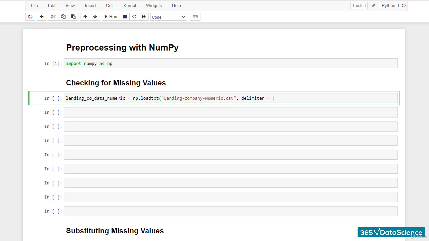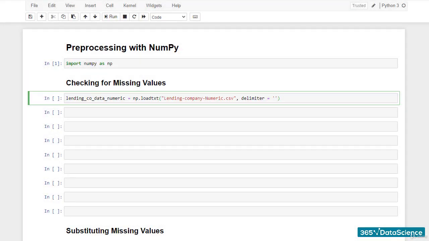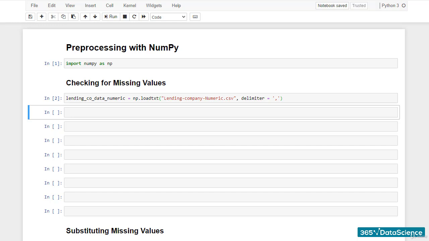If this is a dataset you're facing for the first time, make sure to check its delimiter by opening it via a text editor, like Notepad++. In this case, the delimiter is a comma, so we set the argument of the same name equal to the comma symbol, in quotation marks. Great! Since we don't get an error message after running the cell, the dataset we imported must have no missing